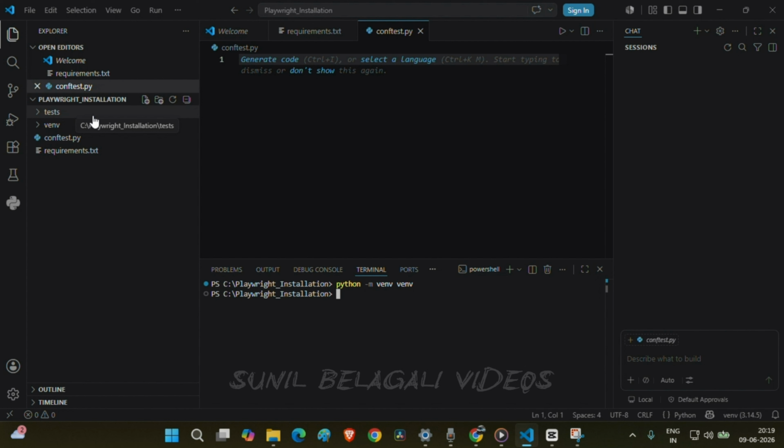That's your virtual environment. Now we need to activate it. This step is different depending on your operating system. For Windows, we need to type venv backslash scripts backslash activate and click enter. After hitting enter, you can see here the folder is changed to venv, meaning the virtual environment, followed